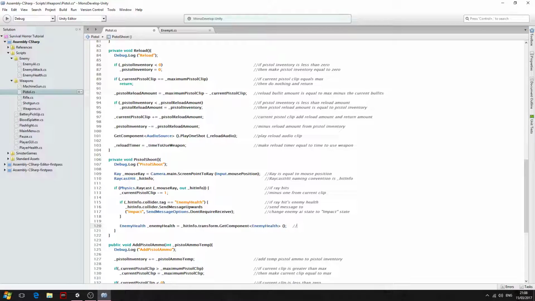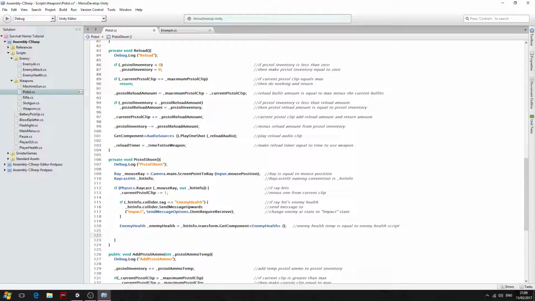So let's get this into the comments. We'll say enemy health temp, and that's what this naming convention is. It's just a temp naming convention when we want to access the enemy health, and we're going to say is equal to the enemy health script. So let's put that in the comments. So enemy health temp is equal to enemy health script,